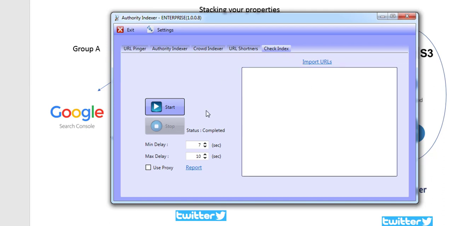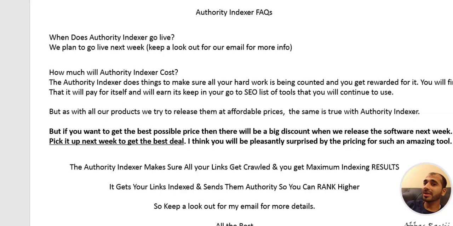As I mentioned to you, this was one of the biggest issues that I faced when I tried to rank my websites. I was creating all of this content, all of these sites, and adding all of this effort to create all of these properties, and Google just wasn't indexing them, and it wasn't providing me with any value. I didn't like it, I felt hurt, but this is what we came up with: the authority indexer. So anyway, let me take you over to the final slide where I can answer some